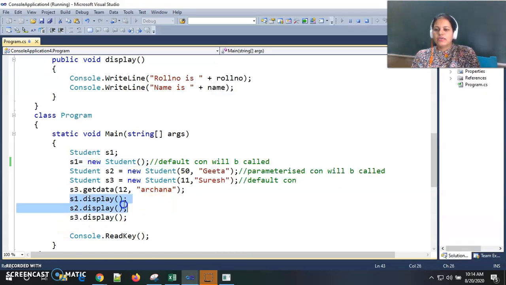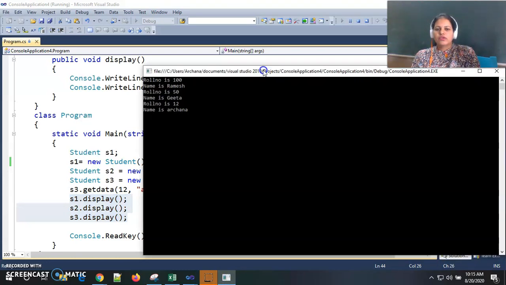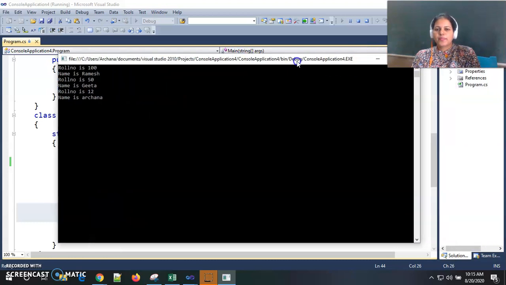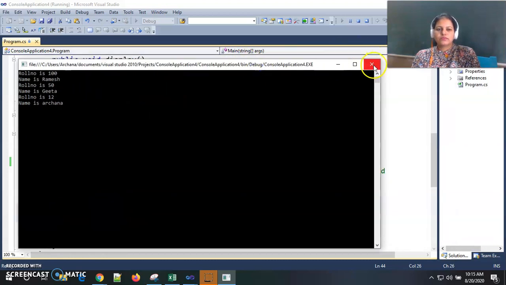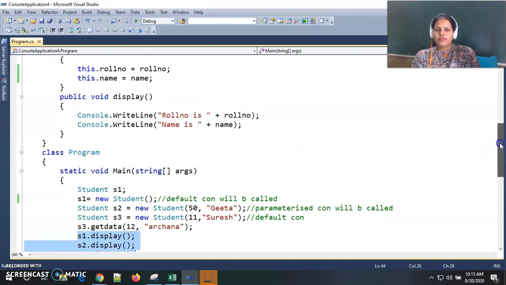I am displaying all the object values on screen, so I am getting all these values. So this is about the program output. In this video we discussed the use of the this keyword, and the this keyword refers to the current object.